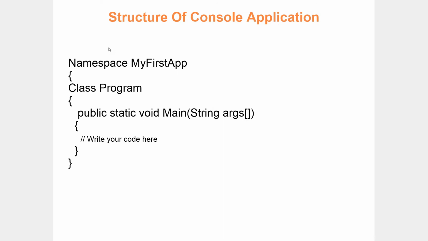What is a user-defined data type? It can be a class, it can be a structure, it can be an interface. But when you talk about a user-defined data type, it will have a collection of variables and subprograms. A variable can be called a data member. A subprogram can be called a method or member function.